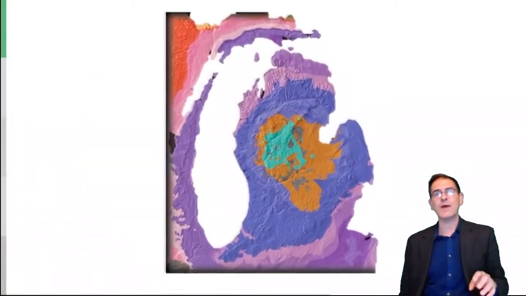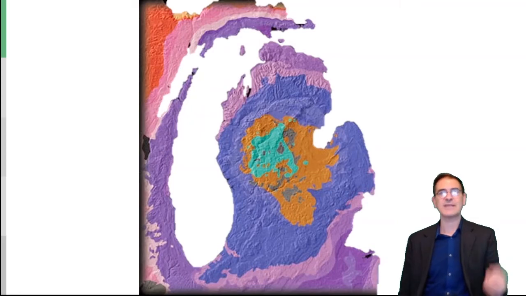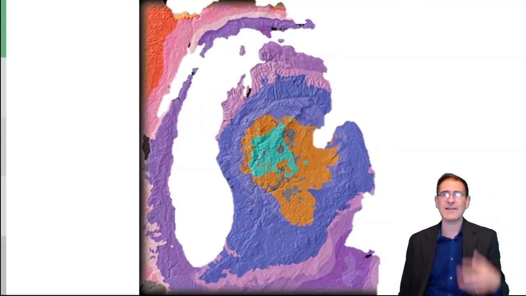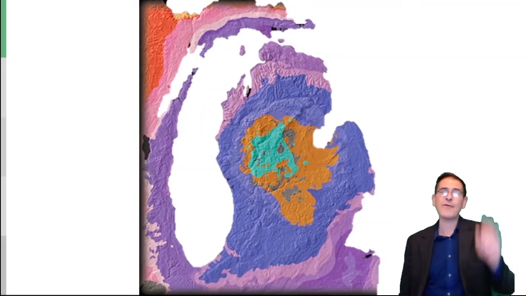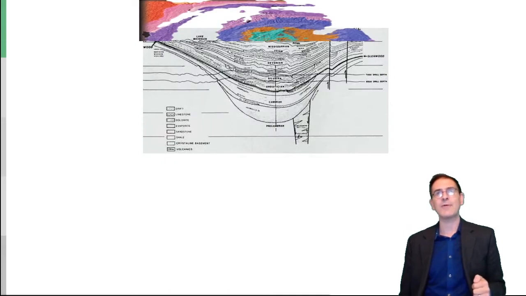This is what Michigan looks like in terms of the recency of its landform. So the newest part of Michigan is actually in the central part of the state, a little bit north of Lansing. And as you move further out, those are all older and older parts, older and older geological landforms of the state of Michigan. If we were to tilt it and then look at what's underneath, what we would see is